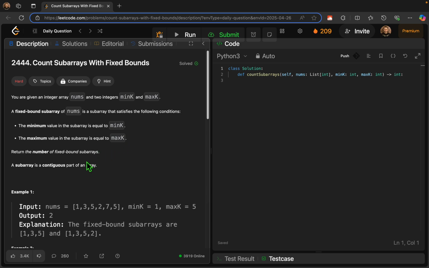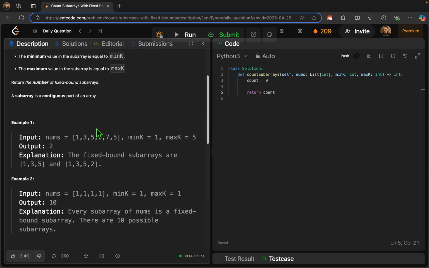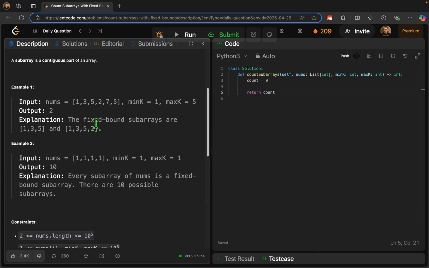So we should return the number of fixed subarrays, and as we understand from April theme, it will be another count, another return of count. A subarray is a contiguous part of an array. And here we give an example where